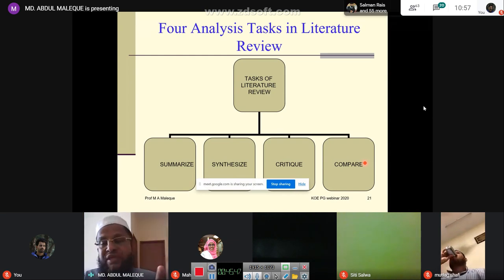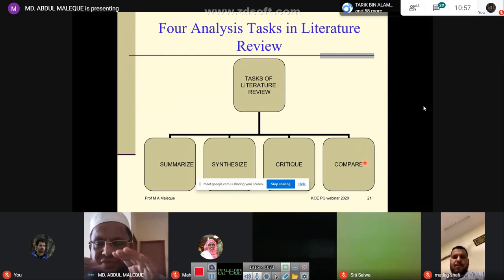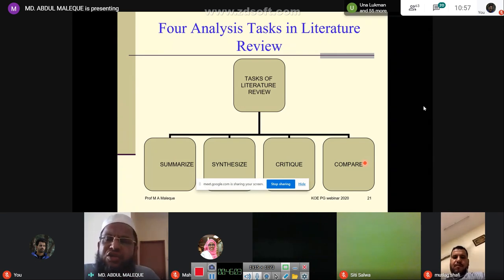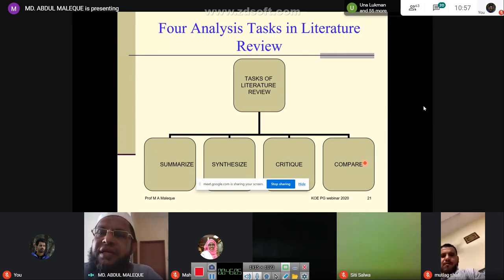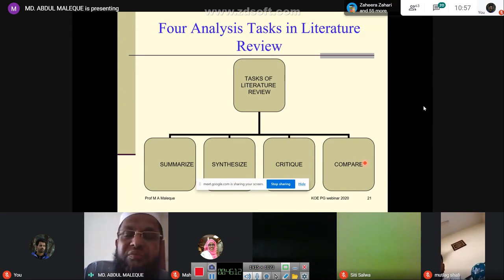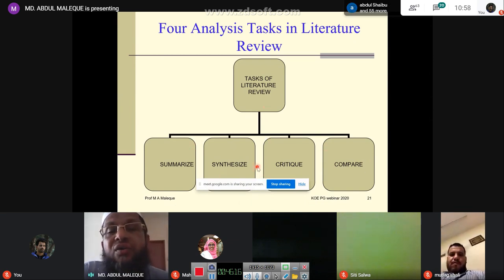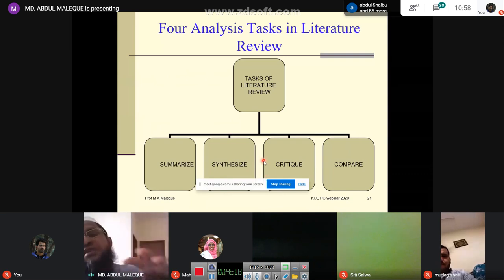So if these 2S, 2C are in your SLR, in your literature review, then your literature review is robust, very efficient and effective. And if you just reformat it according to a certain journal's format, you can publish it, and you can enjoy your publication. Because in the first place, the reviewer and editor will see how you analyze the past research